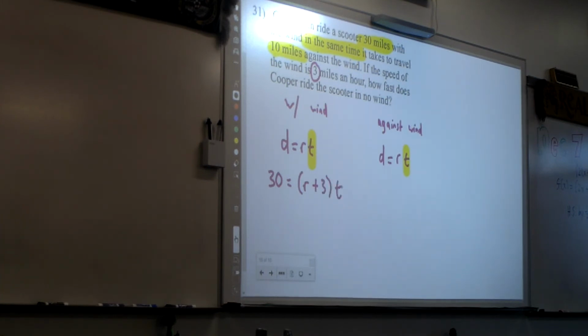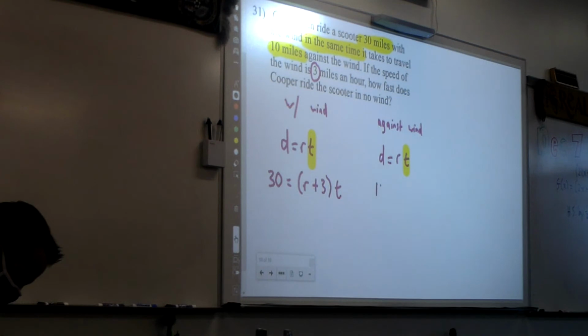So I'm going to write it out like that. Now, against the wind, what was the distance? 10. And here the rate's going to be slower because the wind is slowing her down. So I'm going to do R minus 3, because that's the wind, times